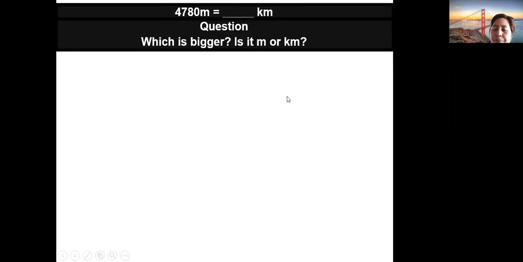In our previous example, a bigger unit was converted to a smaller unit, so the expected answer was a bigger number than the given. Here, since meter is smaller than kilometer,